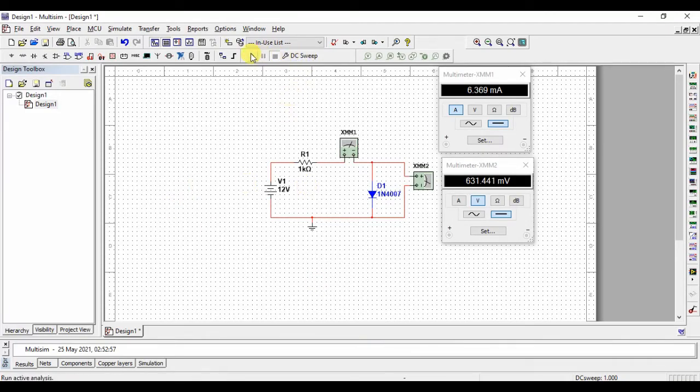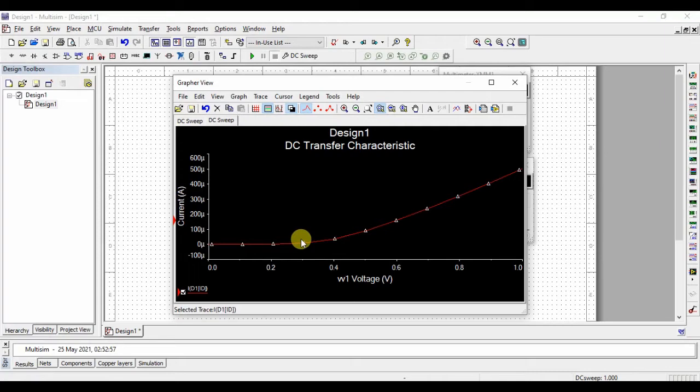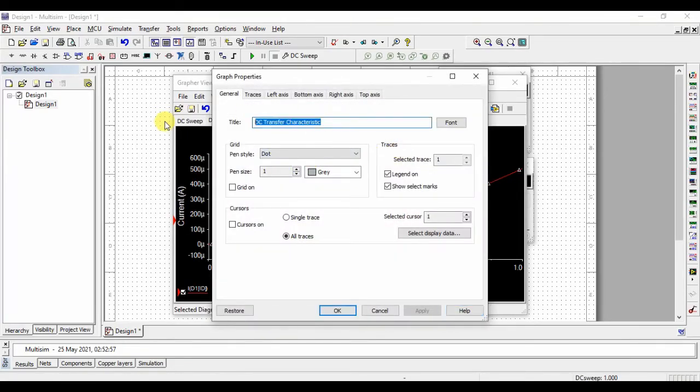Once again we do the sweep analysis. You can observe that at approximately 0.6 volts you see an increase in the current, and the current is increasing linearly here. You can also transfer the values using these transfer characteristics. You can also export the values to an Excel sheet so that you can get the graph in Excel also. If you want, we can change the name here, forward characteristics.